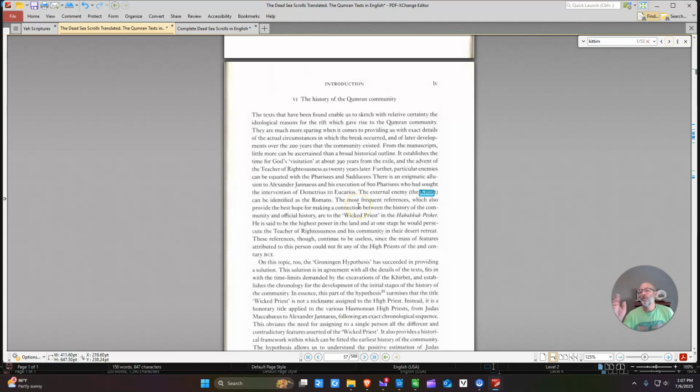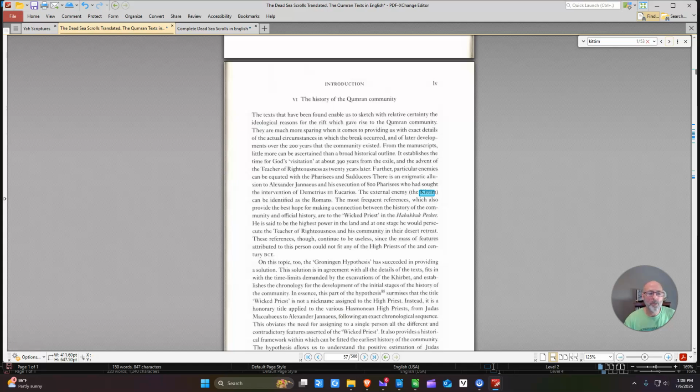And then we're back to the first one where we have the external enemy of the Kittim. So except for Egypt and Assyria, and then Rome, I think we have enough here to identify Rome. But other than that, we really just have descriptions of the Kittim, not who they are, but the characteristics of them and their kings and what they did, their acts and their accomplishments. So really, in the Dead Sea Scrolls, I think we have identification of the Kittim as not only Rome, but also Ashur and Egypt. Let's go to the